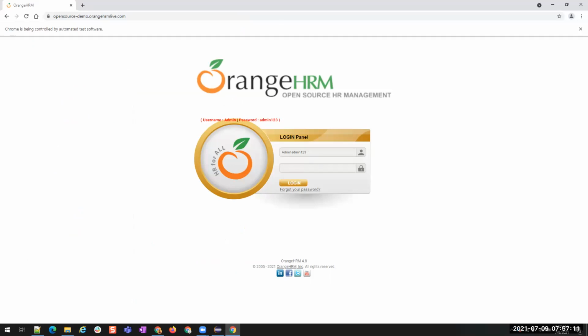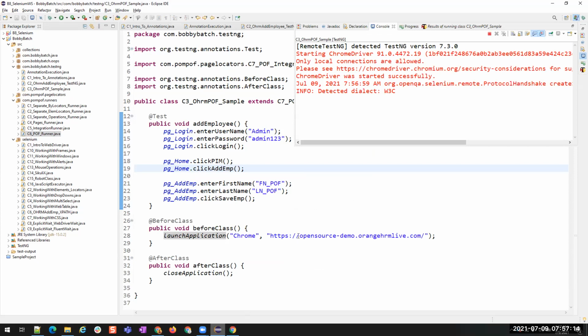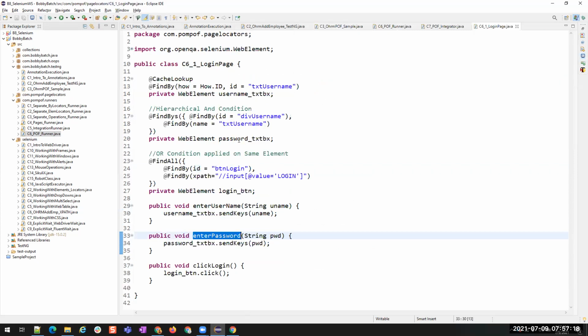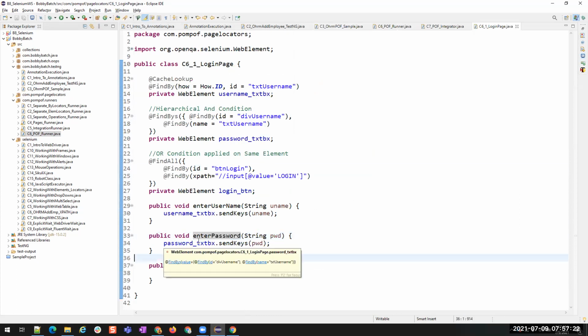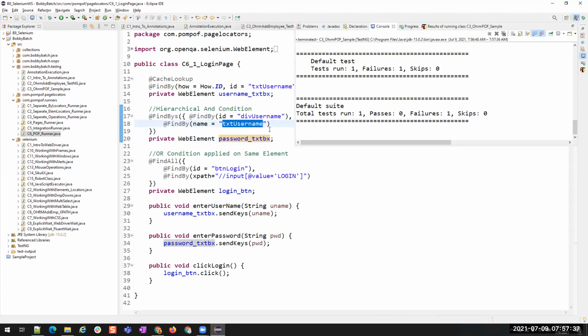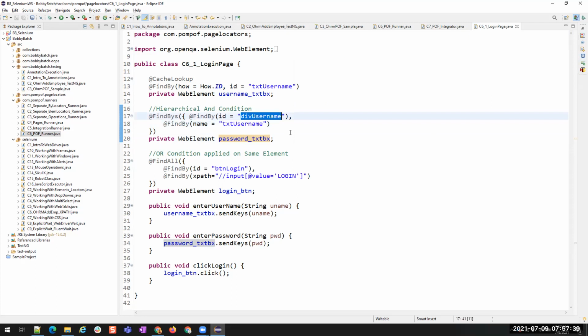Did I enter the wrong things? It entered username admin, and the password is also entering in the username itself. What about the password text box? You see here, for the password text box also, we had added this as an example earlier to learn some of the other things, hierarchical and condition.